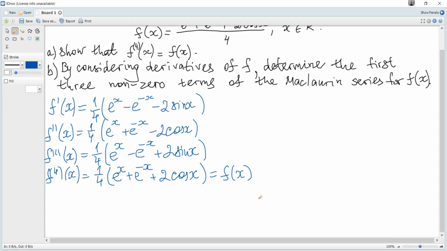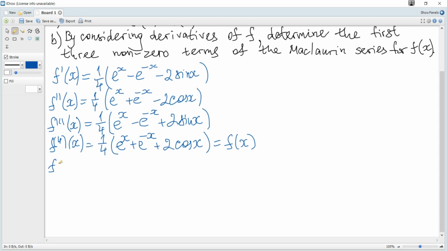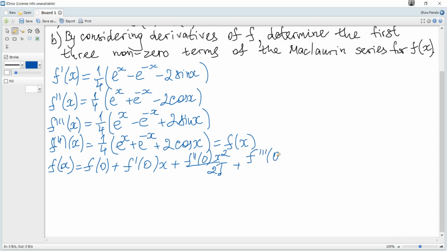Next, by considering derivatives of f, determine the first three non-zero terms of the Maclaurin series for f of x. The Maclaurin series for f of x is f of 0 plus the first derivative at 0 times x, plus the second derivative at 0 times x squared over 2 factorial, plus the third derivative at 0 times x cubed over 3 factorial, plus the fourth derivative at 0 times x to the power of 4 over 4 factorial, plus so on. This formula is given in a data booklet,